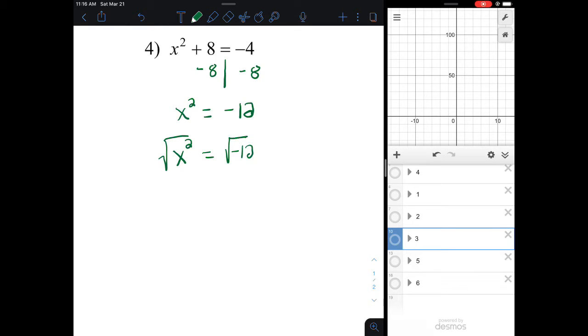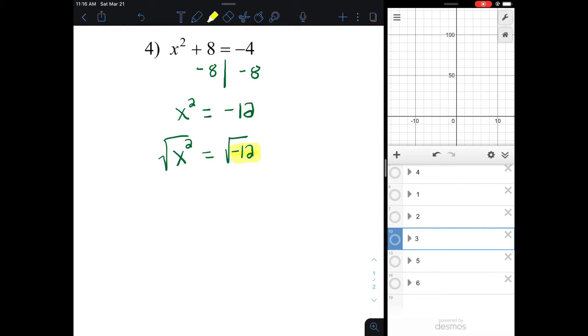And we run into an issue. And the issue is going to be the right-hand side. We're trying to take the square root of -12. And we can only apply the square root to values that are 0 and greater. So because I cannot apply the square root to a negative number and get a real number answer,